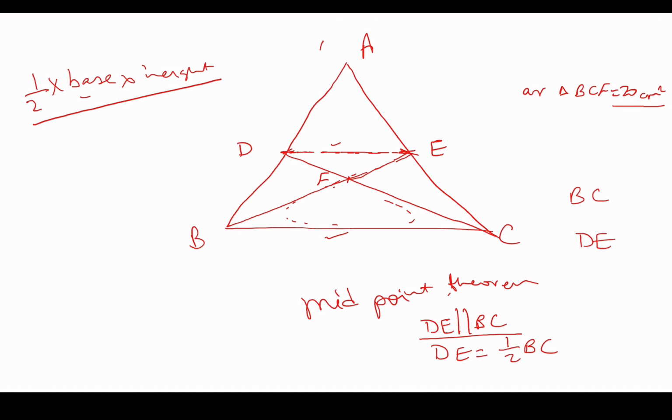See, say for example, we also have to calculate the height. Say this height is h, right? This is the height, the altitude, and this is the point F, right? So if we extend this line, the same line to this triangle, say, now because DE is parallel to BC, this also has to be 90 degree.